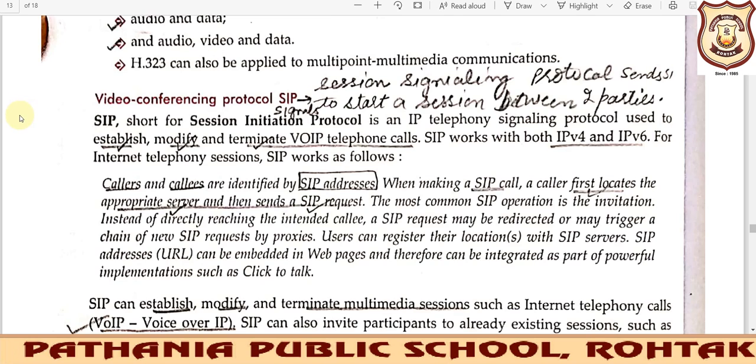So firstly it will take the consent from the receiver. Sender will take consent from the receiver by sending the signal message. Okay, then if the signal is received in a positive way, then the transmission will take place. So SIP is a session signaling protocol that is sent before the two parties get connected to transmit the